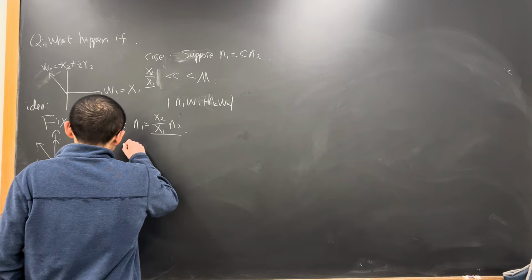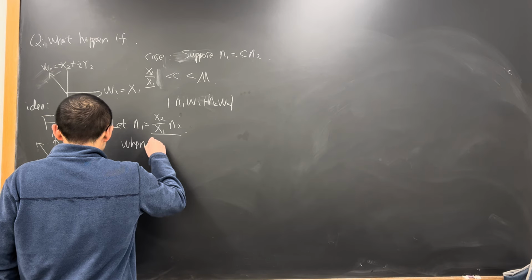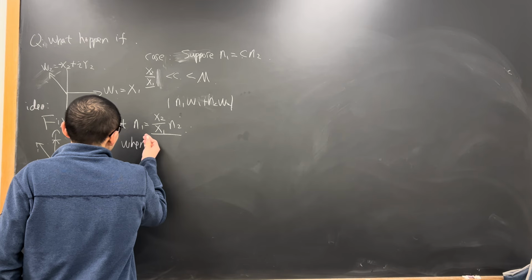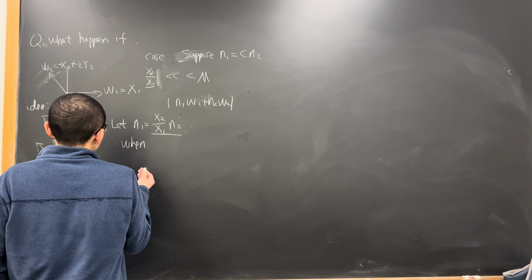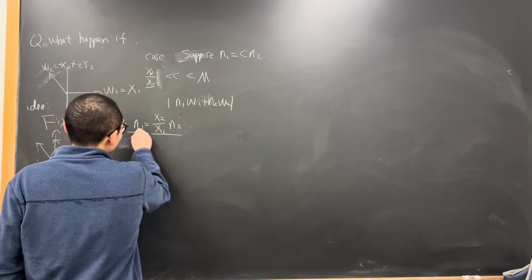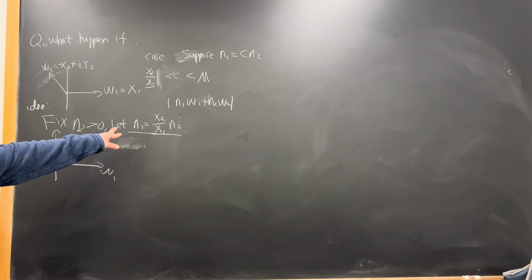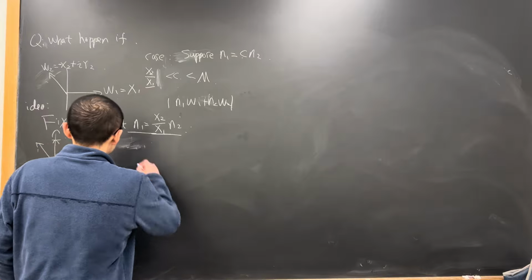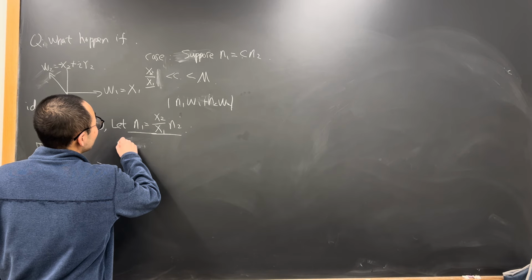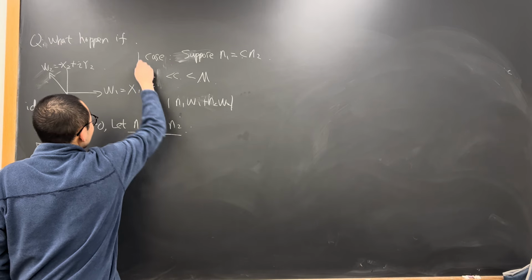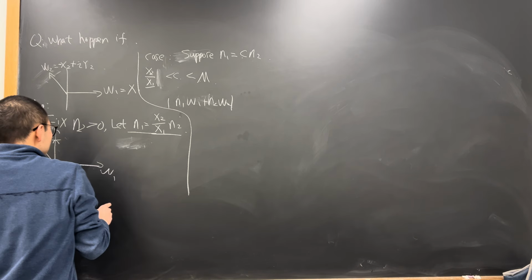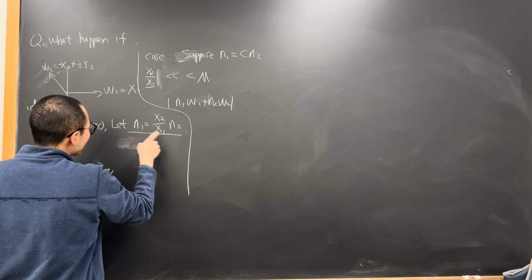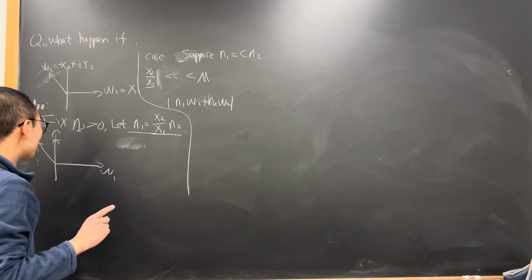I think the reason is that when N1 is equal to x2 over x1 times N2, mainly we want to figure out this case. I think the idea is that when we have the equality,